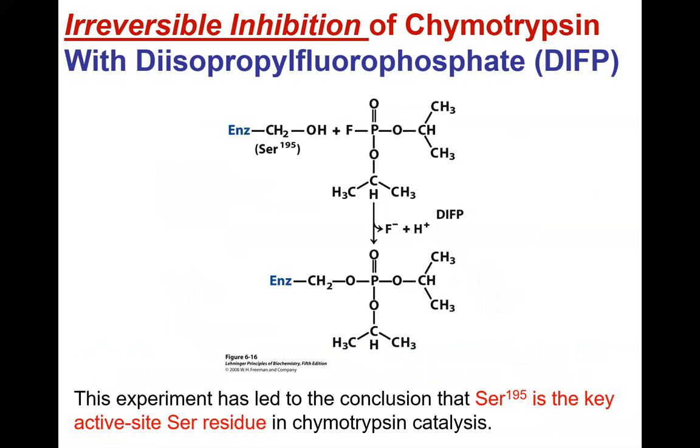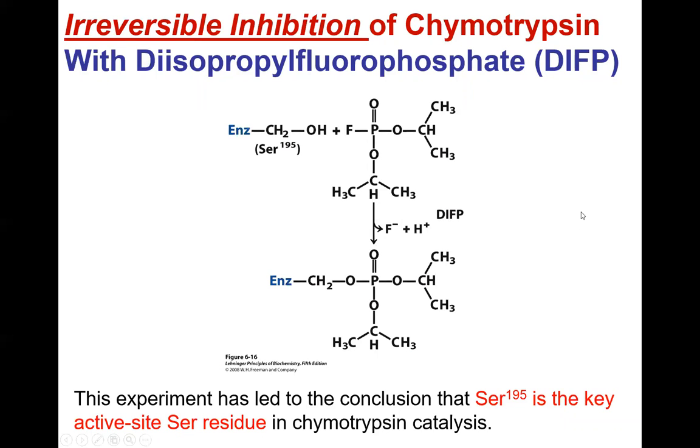So now let's talk about irreversible inhibition. Irreversible inhibition is a type of inhibition where you cannot regain the enzyme activity after dialysis, infinite dialysis. Your inhibitor is covalently attached. The enzyme is completely dead forever. And so it turns out